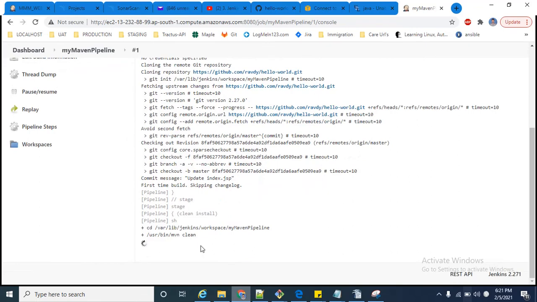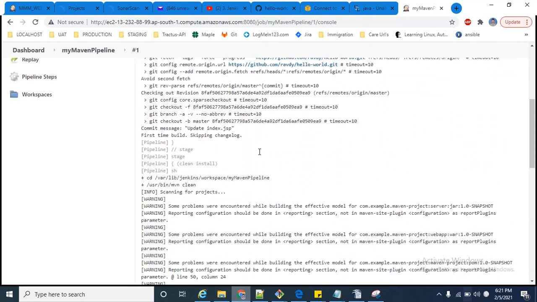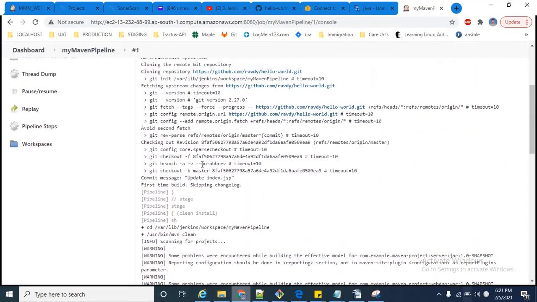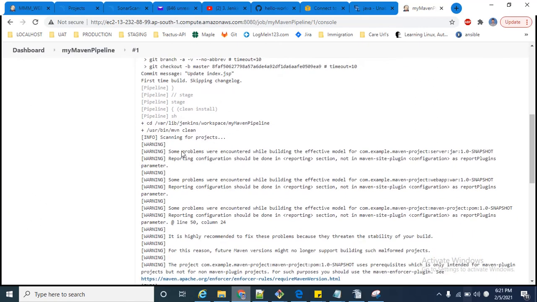Here it is the same as we did earlier in the Maven project. The output will be the same as for the Maven job. You can see the git command run, fetching data from Git. You can see Maven clean, the same thing as the Maven job.